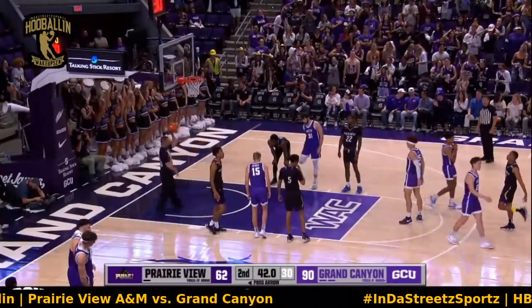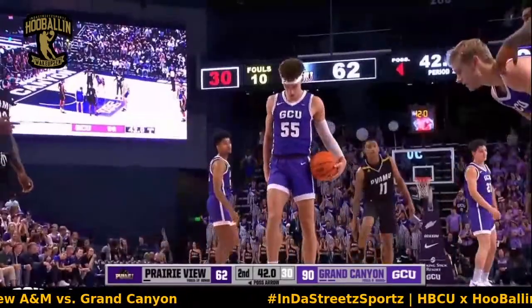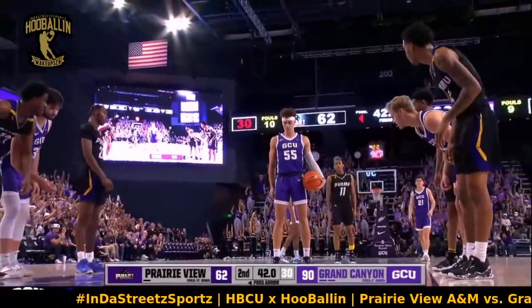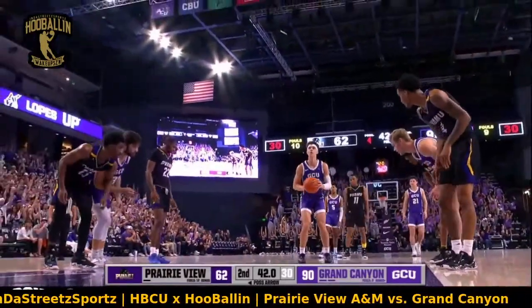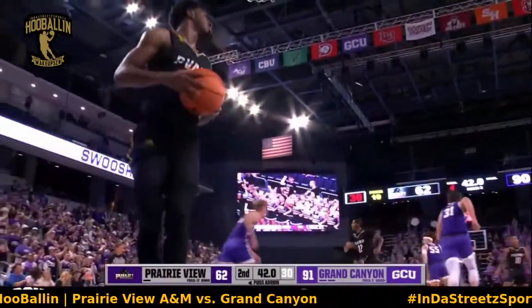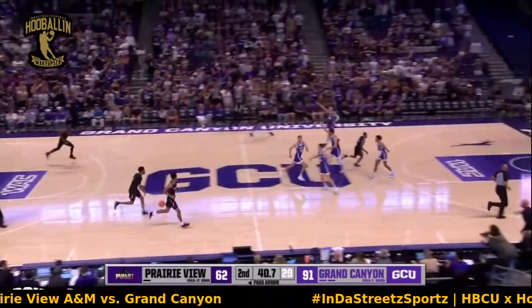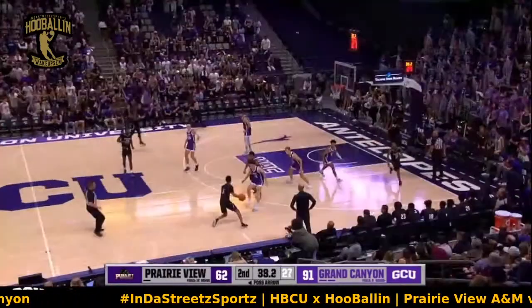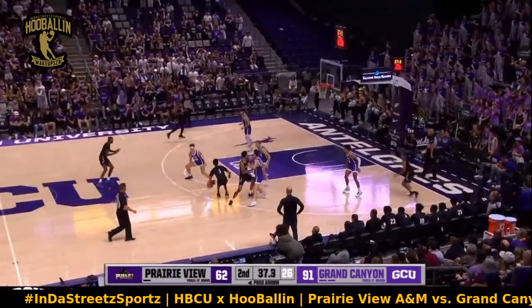Ellis drains it with confidence. First trip to the line. 2 deep breaths. Some guys just make it look so easy. It's always the little guys that make it. It looks so easy. Height-deprived guys who...